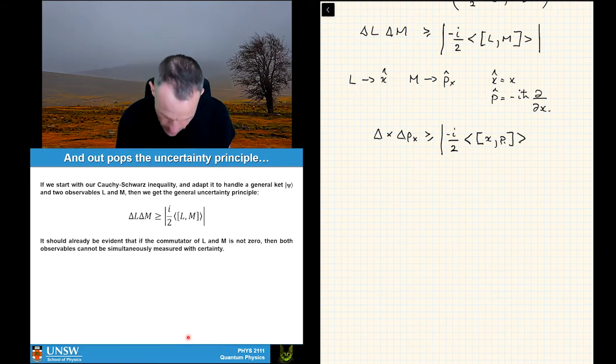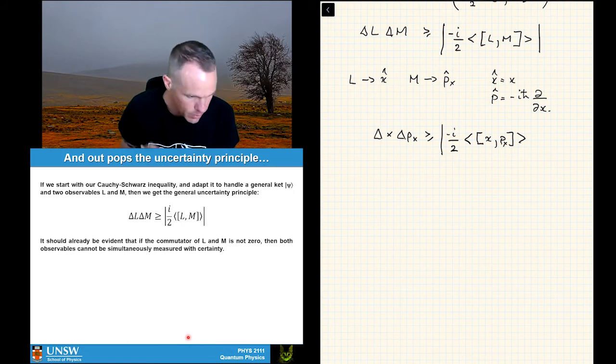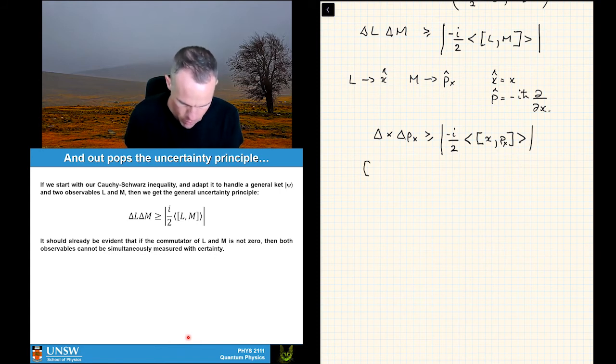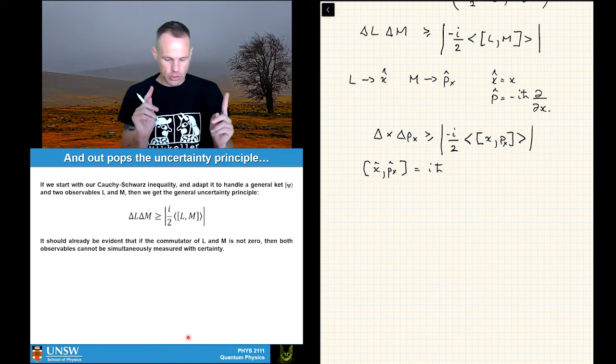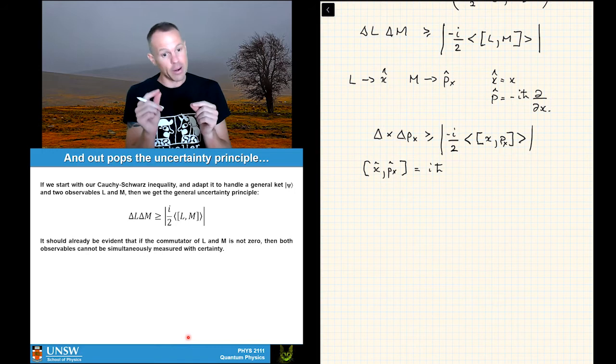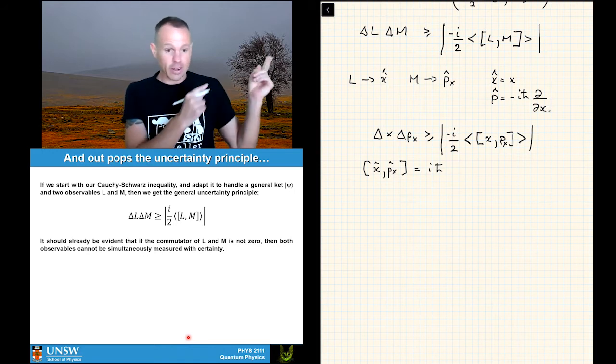Let me just put a p of x in there just to be really clear. Of course, we got this commutator in lecture 10. So we know that the commutator of x and p of x is equal to i h bar. And you can convince yourselves that if you swap these two operators, you now get a minus sign, and the minus sign kicks on through this thing.